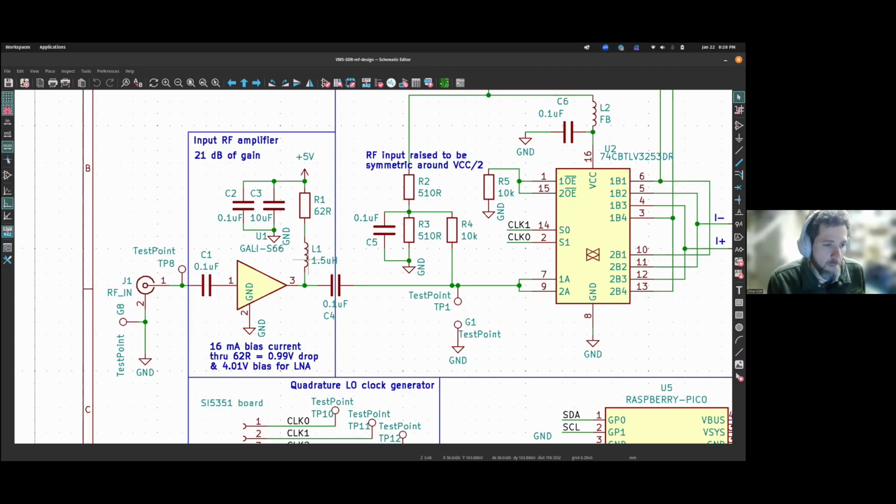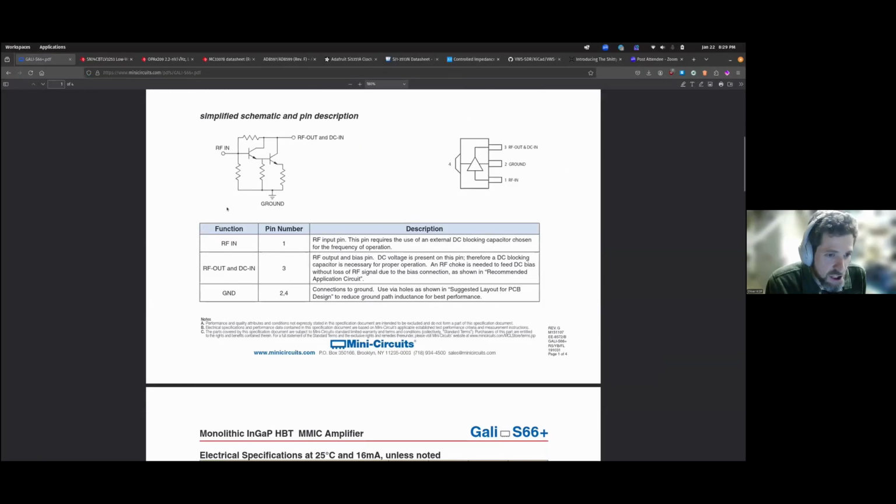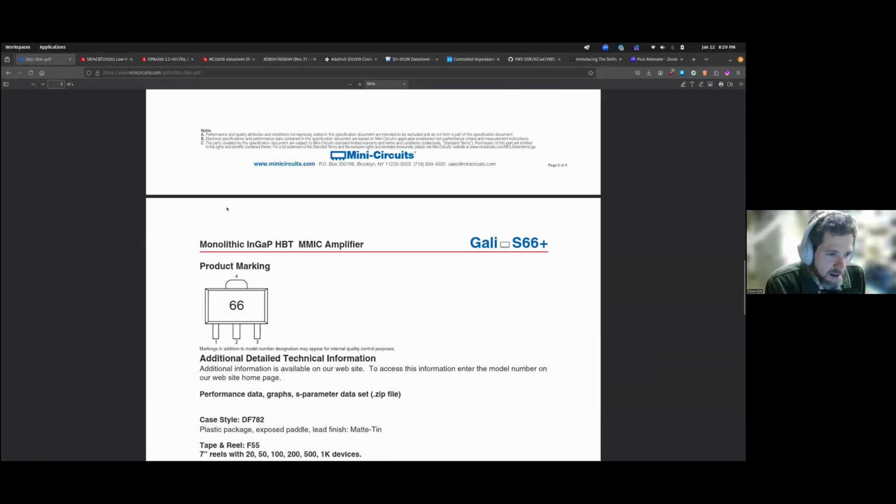So L1 is our RF choke inductor over here. But, yeah, Oliver, on that point, often the data sheets will even instruct you to place the capacitor or whatever right on the pin if you can. Exactly. Yes. There are many data sheets. Thank you for bringing that up, Nardine. That's a good point. I have some data sheets open over here. I don't know if the LNA data sheet has that in it, but